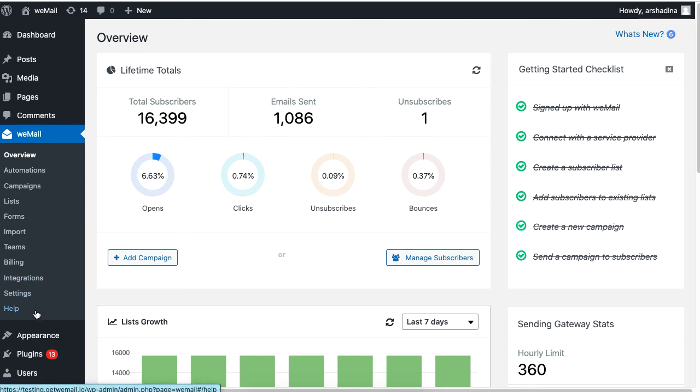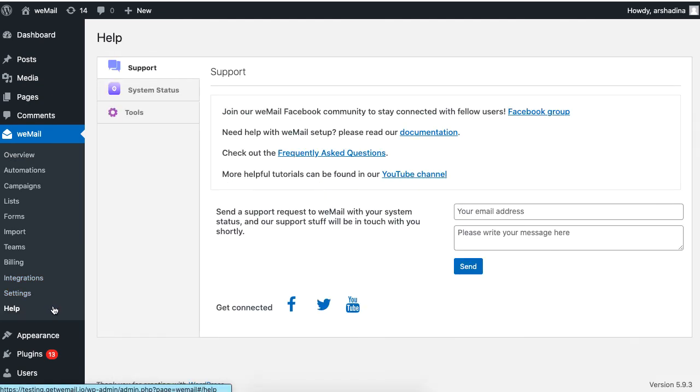If you ever need help, you can also refer to the Help section where you will find links to our